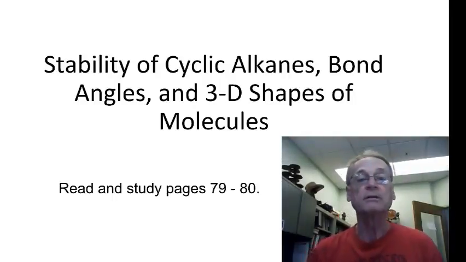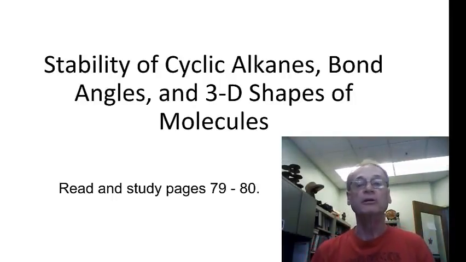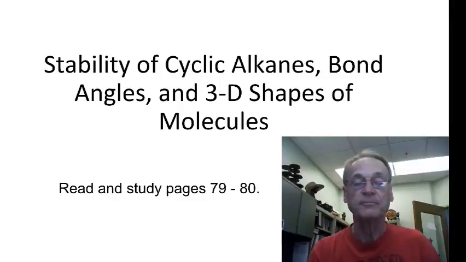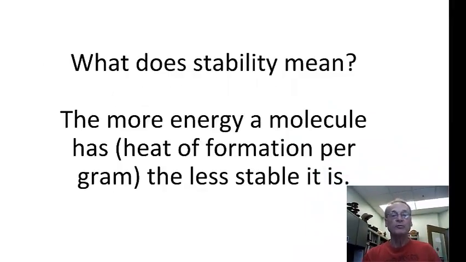Hello. In this lecture, I will tell you a little bit about cyclic alkanes and how stable they are from 3-membered rings, 4-membered rings, 5-membered rings, and on up from there. Turns out there's considerable differences in stability for different sizes of rings, and that has to do with bond angles and has to do with eclipsing and staggered, and ultimately gives rise to actual 3D shapes that these molecules take on. So, before we can do that, though, we need to talk a little bit about what does stability mean